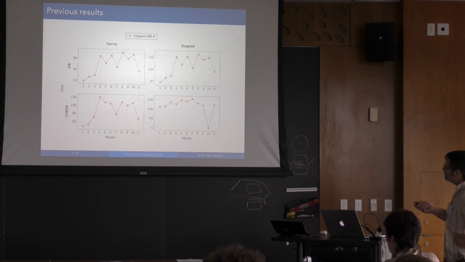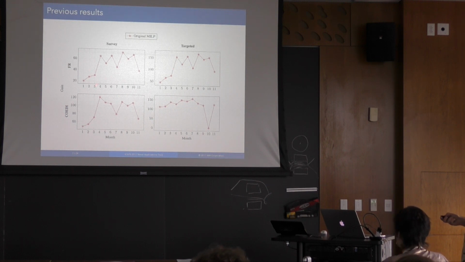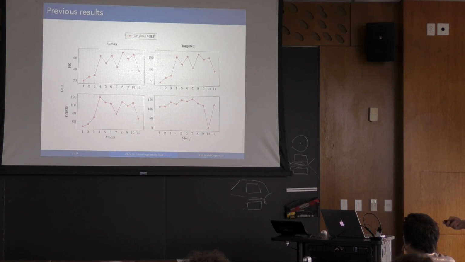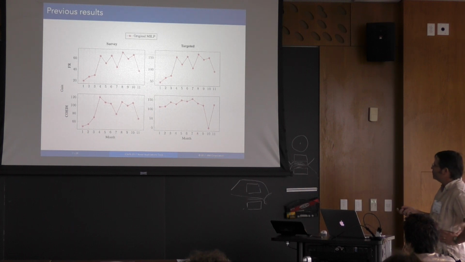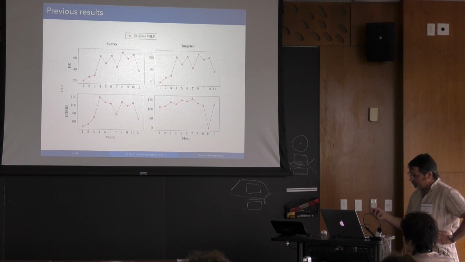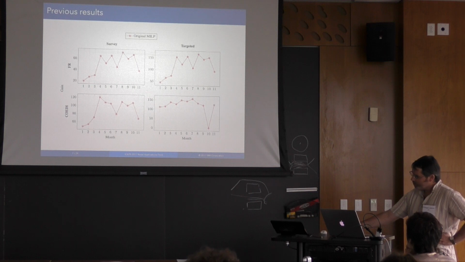And this is the plot I will use. This is the result of the original mixed integer linear program on the different instances. The vertical axis is the gain, and the horizontal axis is the months, the different scenarios corresponding to the different months, and this is a combination of the science and instrument. So this is just a reference for the quality of the solutions found by the original MIP.